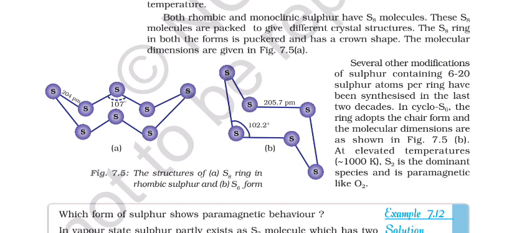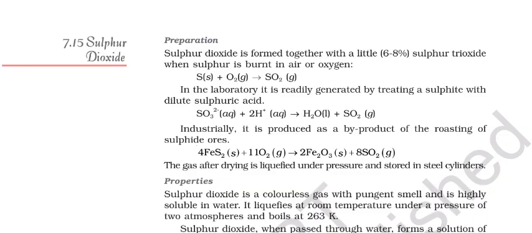In S6, the ring adopts the chain form and the molecular dimensions are shown in figure 7.5. At elevated temperature, S2 is the dominant species and is paramagnetic like O2. Sulfur dioxide preparation. Sulfur dioxide is formed together with a little sulfur trioxide when sulfur is burned in air or